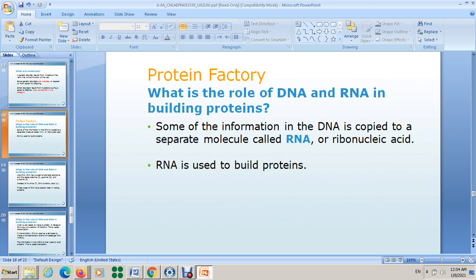For eukaryotic cells, it's inside what? It's inside the nucleus. We already studied the structure of the DNA, and we know it's made up of nucleotides, and now we know the parts of the nucleotide: sugar, phosphate group, and